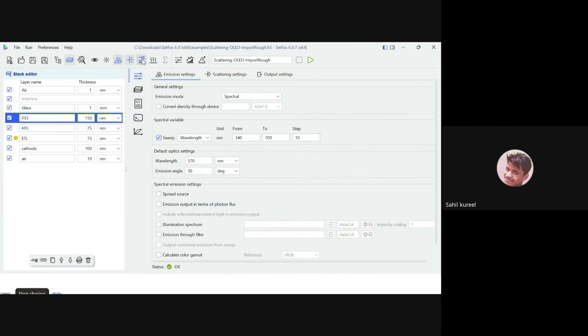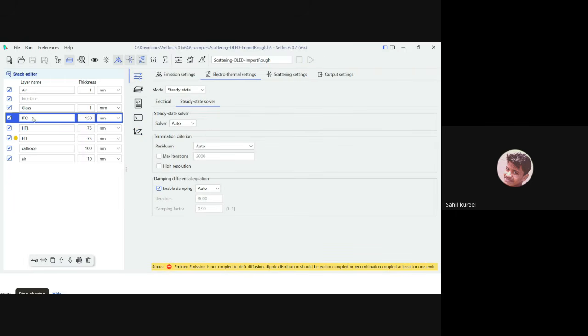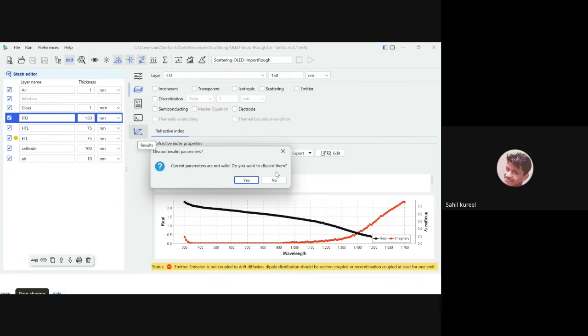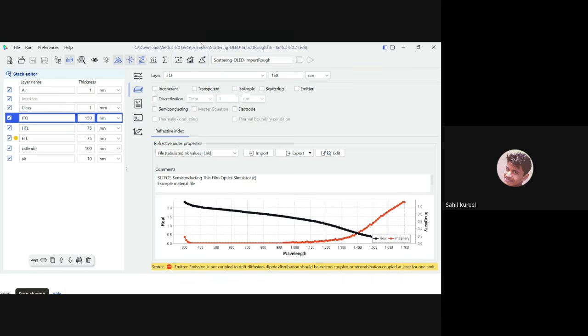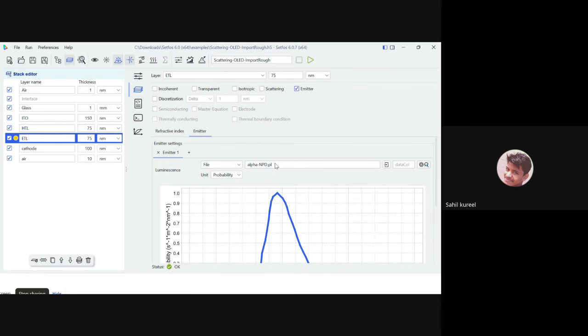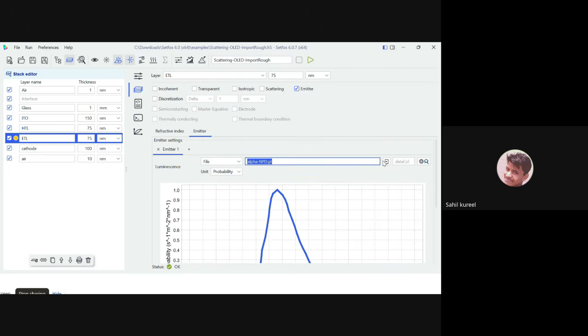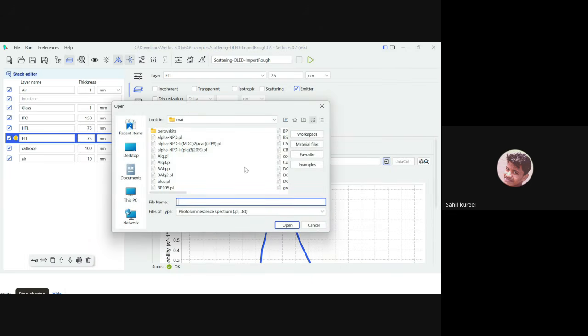If you activate the electrothermal settings, you can also include, like you are asking how we add an electrode. You can also add an electrode, not an issue. You can activate those tabs and then calculate, and then the result will change definitely. But here you just took the emission and scattering parameters because you imported your emission files in here. Like this, you have imported one of the emission files that supports photoluminescence spectrum files in here,